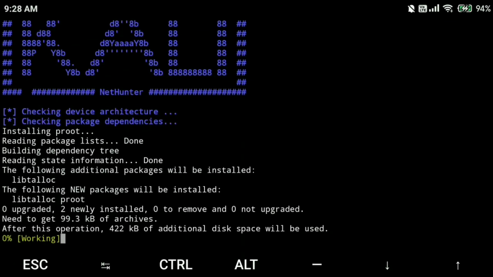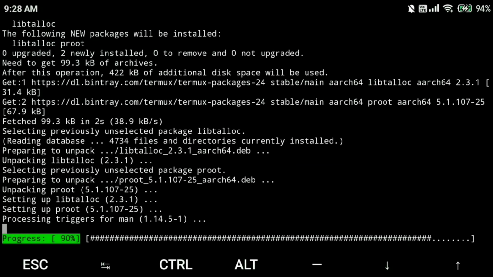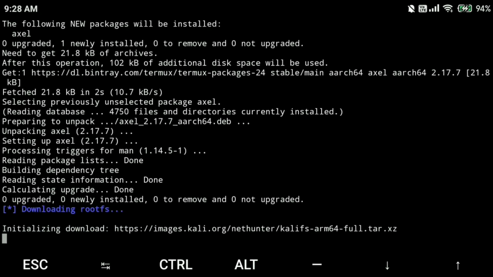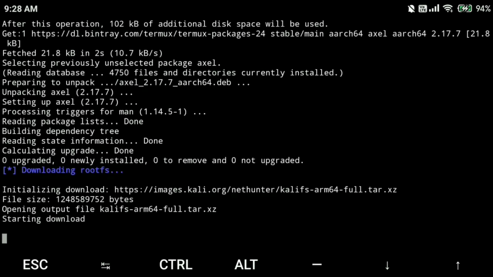It will take time, guys, because the file size is 1.24 GB. Make sure your internet speed is good, otherwise it will corrupt your file. Wait here until it completes. You can see the file size is 1.24 GB.